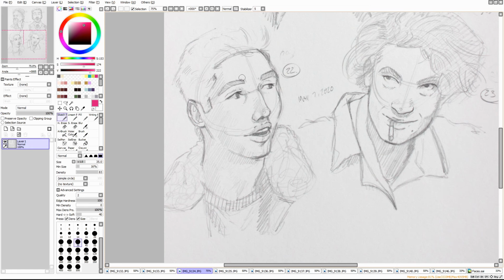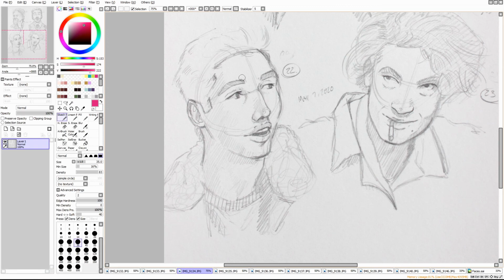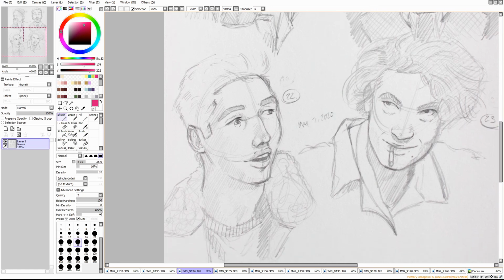I never thought that one little line could be so effective at giving the idea of something, which is kind of funny to say considering I draw all the time. But like I said, we're normally set in our ways with how we draw, and sometimes we don't deviate and experiment. Because I chose to do this challenge and try to better myself as an artist, I'm really happy that I discovered this little trick line thingy. It's not really a trick, but